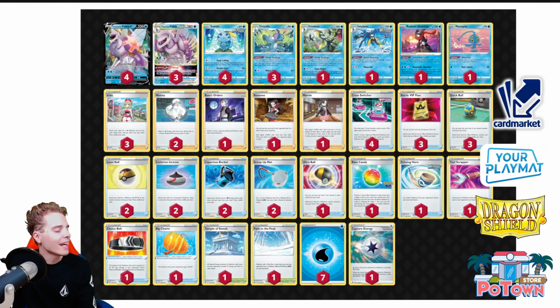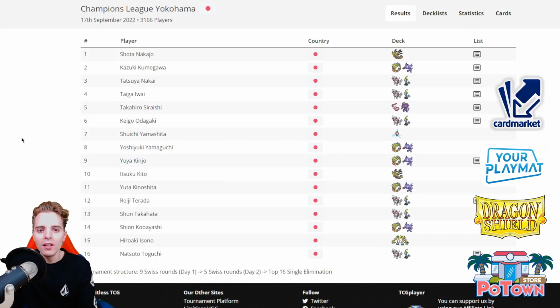So, what can we conclude here in Japan? Lost Zone boxes are huge. Giratina won it all entirely. Only like 2 Giratinas in top 16. And the most notable thing is that